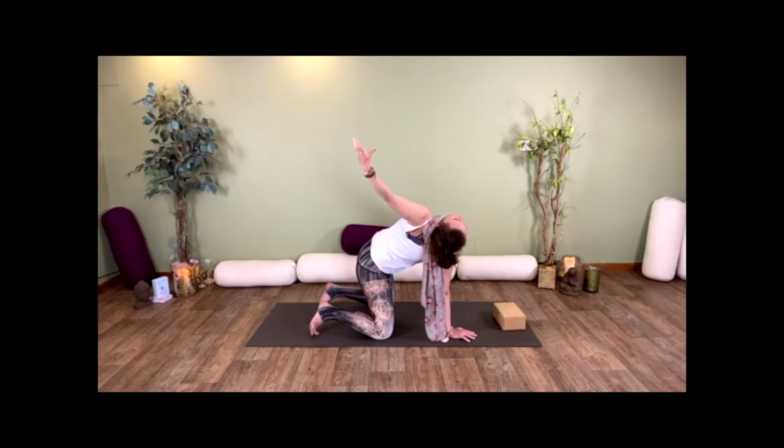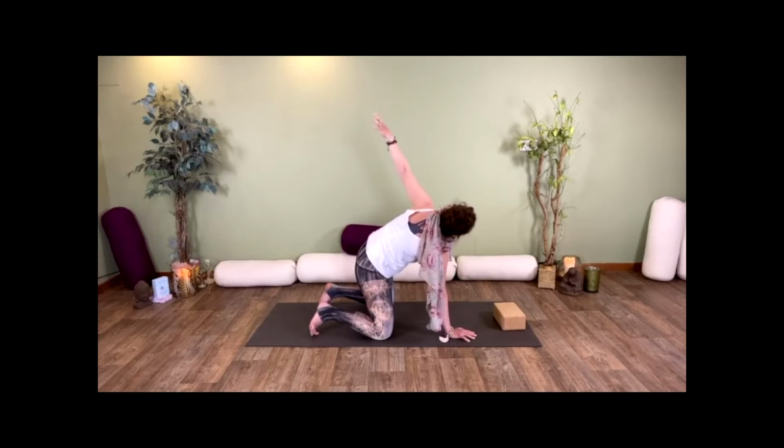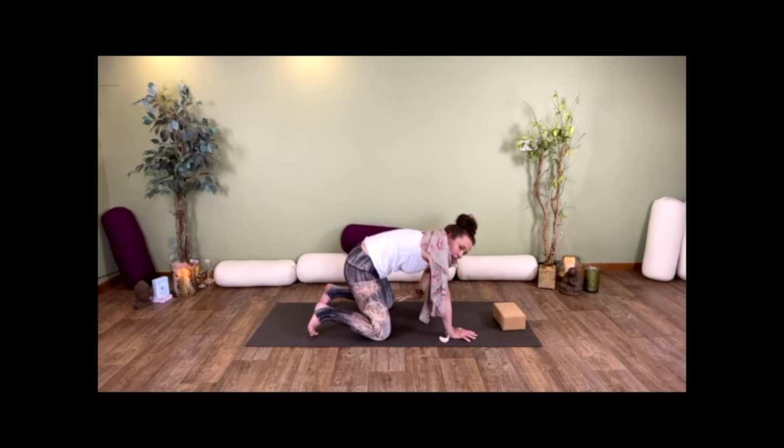Maybe that top arm slithers and the shoulder, you feel it wrapping round behind you a little more. Keeping the breath, noticing if you're grabbing anywhere. Keep spinning the chest around so it's a twist and a heart opener all at once. One more breath here. And then as you exhale, slowly take that top arm, slide it underneath the